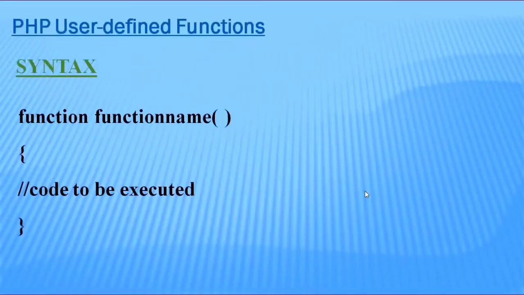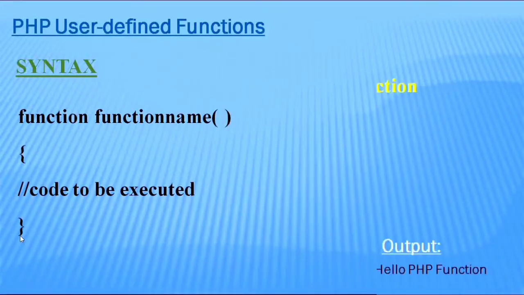Next, PHP user-defined function. We can declare and call user-defined functions easily. Let's see the syntax to declare user-defined functions. This is the syntax for user-defined functions. First, the function name, function brackets open. Next, start the function with an open bracket. This block is used to write the code. This code displays the output. Next, close the function. Okay, this is the syntax.